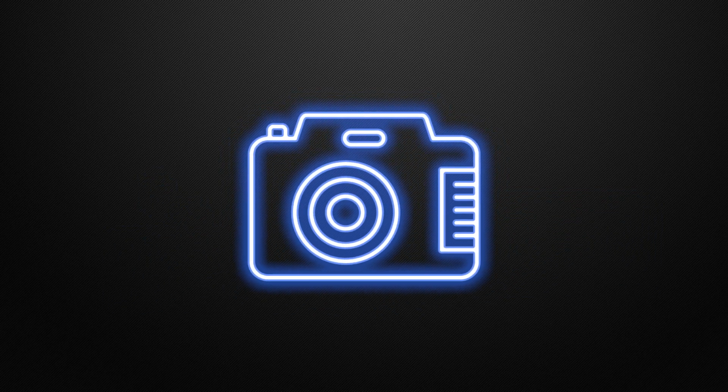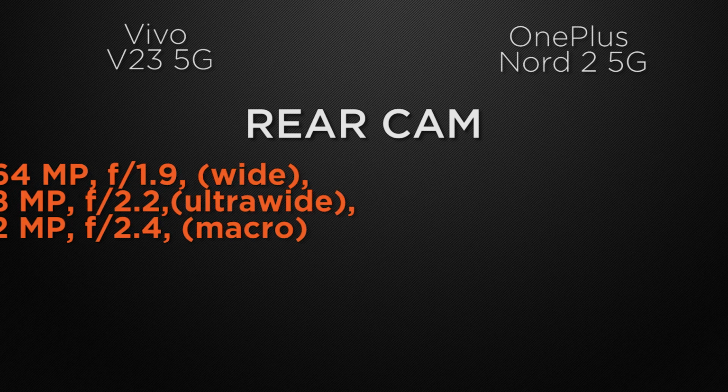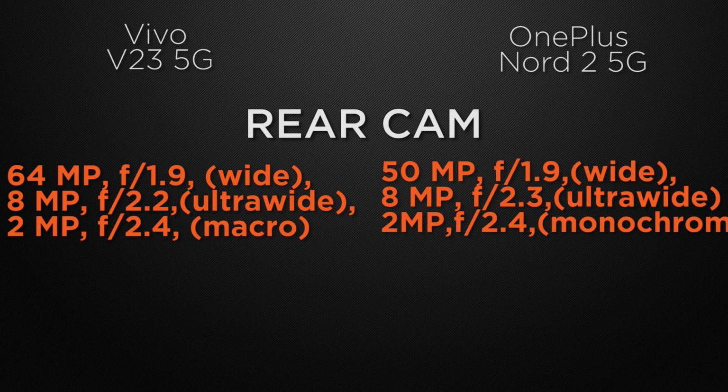Let the comparison start with the camera of the devices. Talking about the rear camera of the devices, V23 have triple camera setup, 64 megapixel of wide camera, 8 megapixel of ultra wide camera and 2 megapixel of macro camera. Whereas Nord 2 comes with triple camera setup also, starting with 50 megapixel of wide camera, 8 megapixel of ultra wide camera and 2 megapixel of macro camera. So without a doubt, V23 is the winner here, because it has 64 megapixel of wide camera which can take